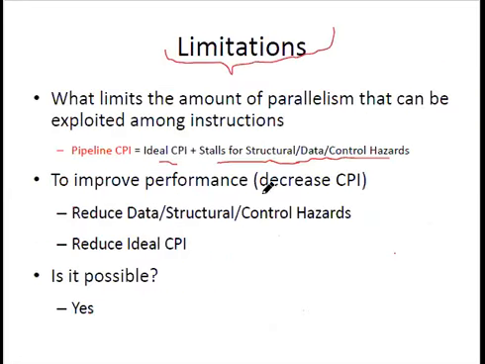If I need to calculate the overall CPI of the pipelining system, what is CPI? CPI is cycles per instruction. It is one of the aspects of the processor's performance. The CPI is the average number of clock cycles per instruction for a program or program segment. It is a multiplicative inverse of the instructions per cycle.